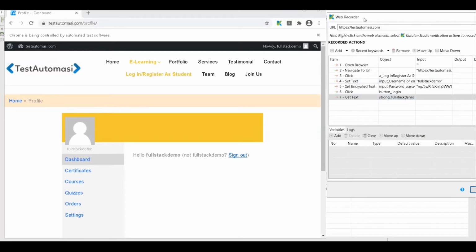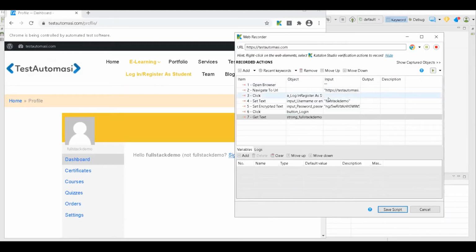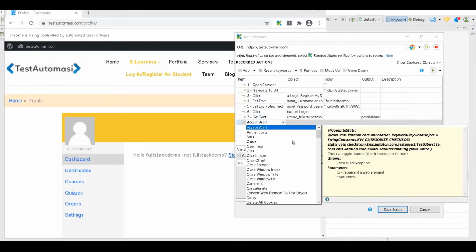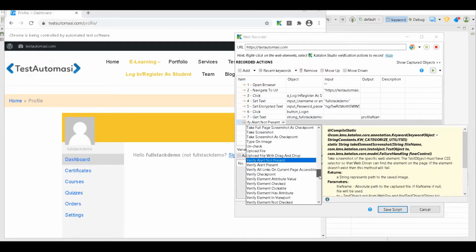That's why I taught you API first so that you are aware about all these things when we use them in web UI. So now once I get the text, I need to save it in some variable, right? Just like in login response, right? So the variable will be profile name. Okay. So I'm getting text and saving it in profile name. Okay. Now I have to apply an assertion on it. So you can click on add. And here when you click on V, you will see a lot of assertions, right? See.